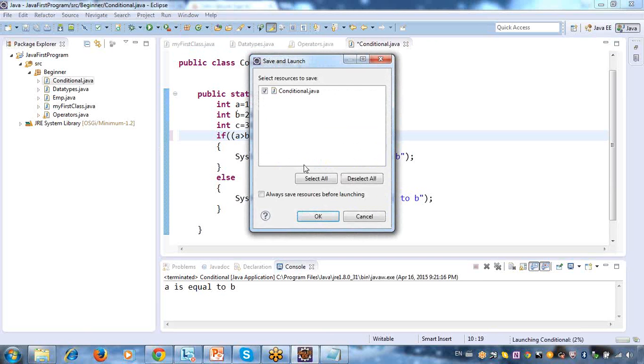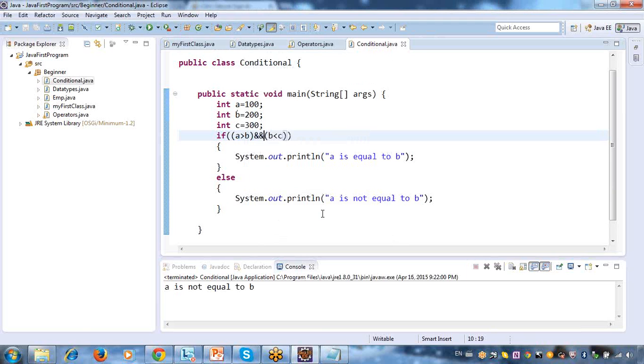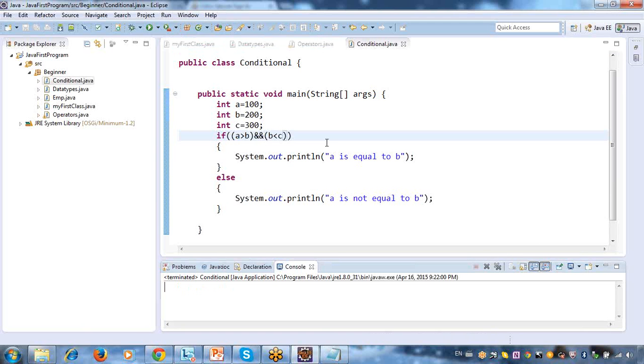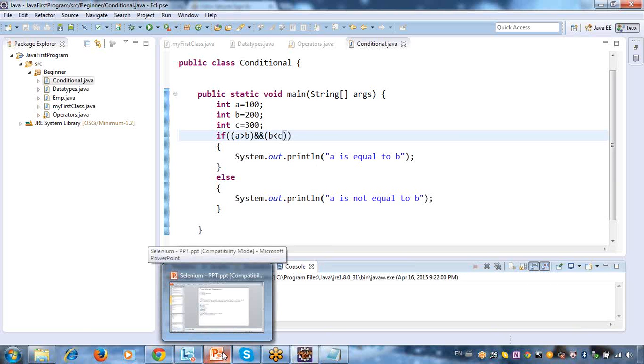Let's see. So this is how you can write your if condition. See how nicely it is coming. This is your if condition. As I said, we will use if condition very frequently. Okay, clear? Any doubt on this if condition? See, no one is talking, so I don't know whether you are getting the points or not. Okay, fine. Is it clear?